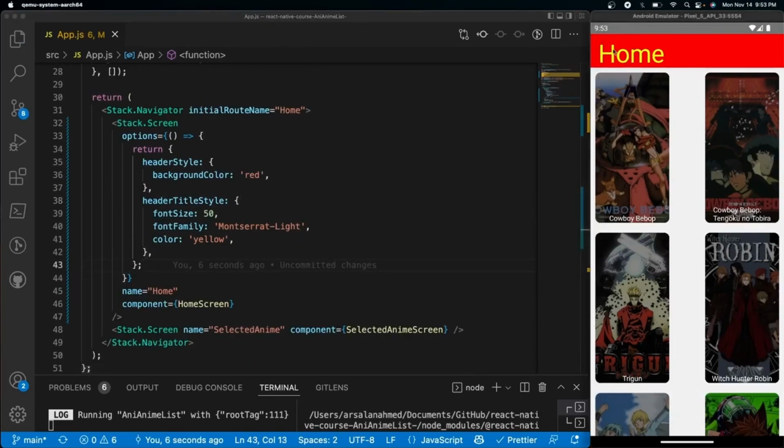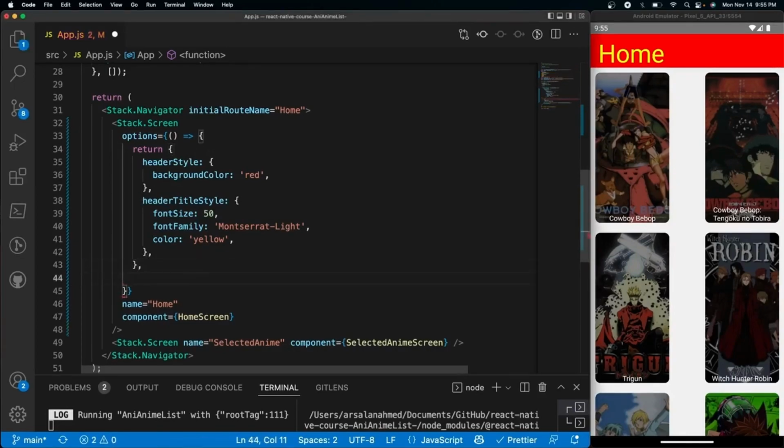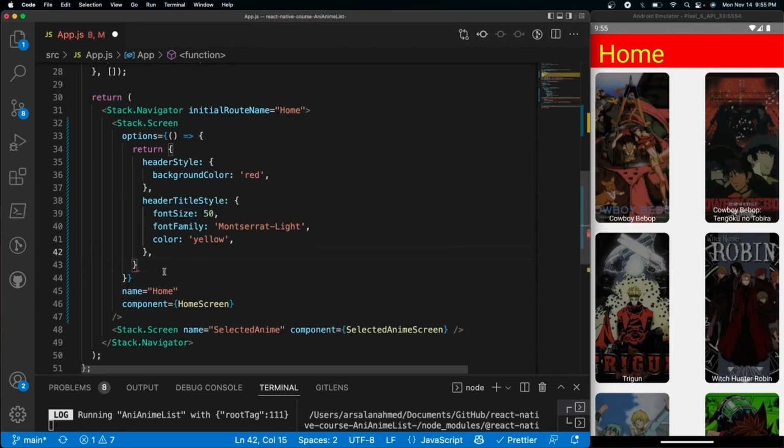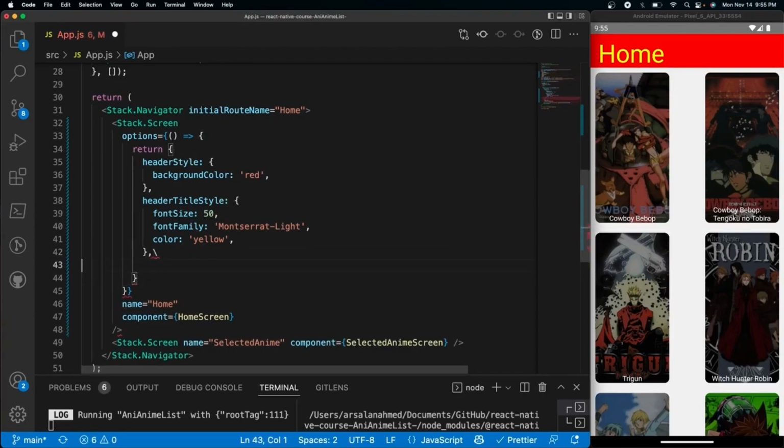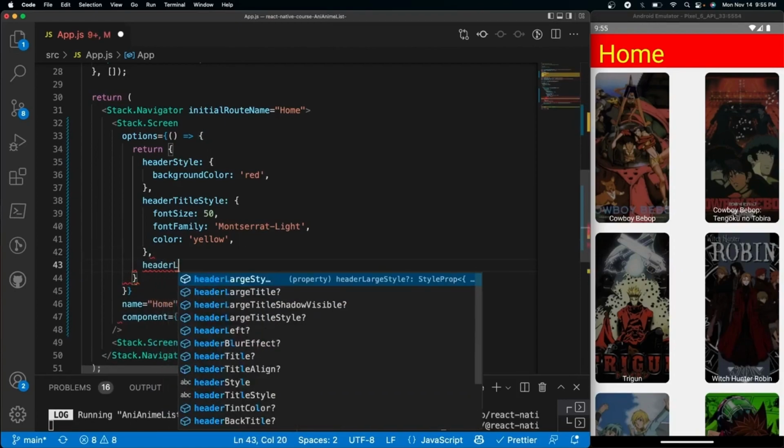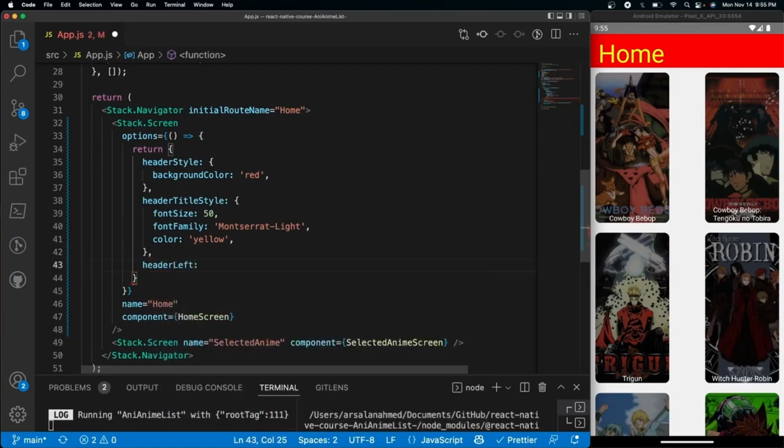Now after that, we can do customizations on either side of the actual header. So we can customize things on the left side and things on the right side. To edit the right side and left side is pretty simple. What we're going to do is, not inside the return block, we're going to do it inside of here. We're going to target something called header left,